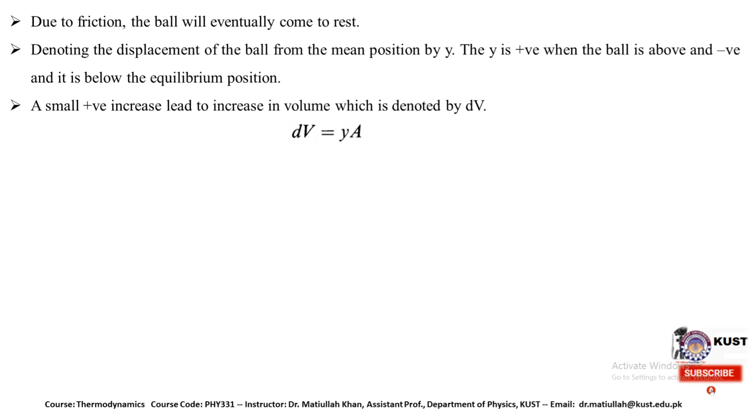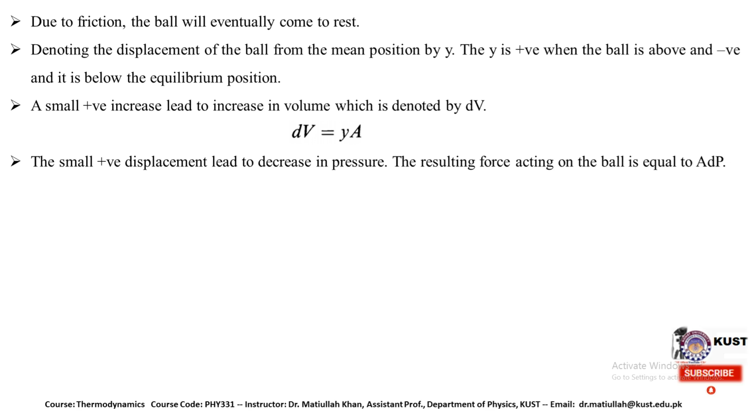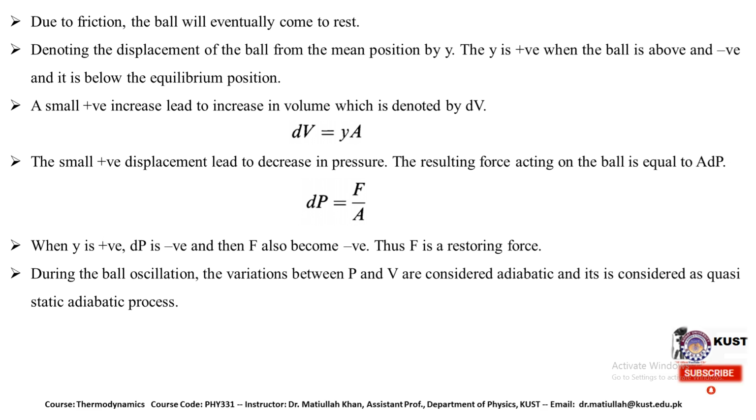So we can write dV is equal to y dA. This small positive displacement leads to a decrease in pressure, and the resulting force acting on the ball is equal to A dP, the change in pressure, which is actually the decrease in pressure. So dP is equal to F divided by A, and when y is positive, dP is negative, and the force also becomes negative. The force is actually a restoring force trying to bring the ball back to its equilibrium position. During the ball's oscillation, the variation between P and V is considered adiabatic,